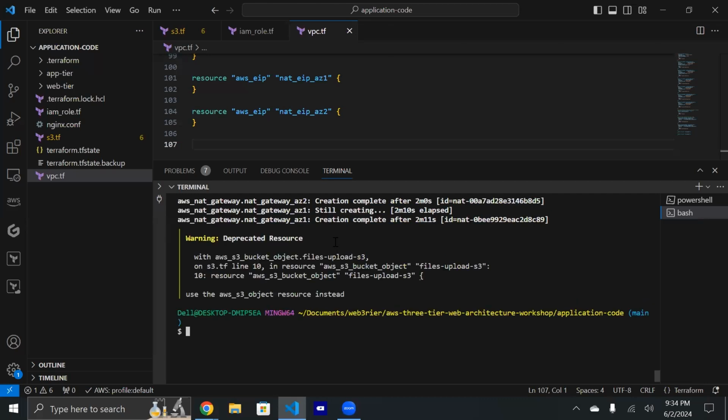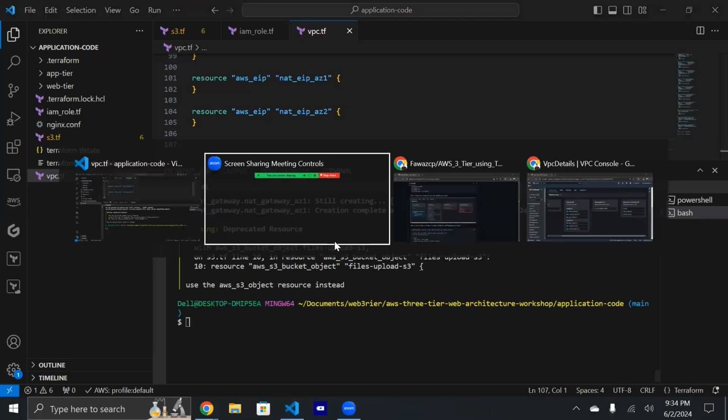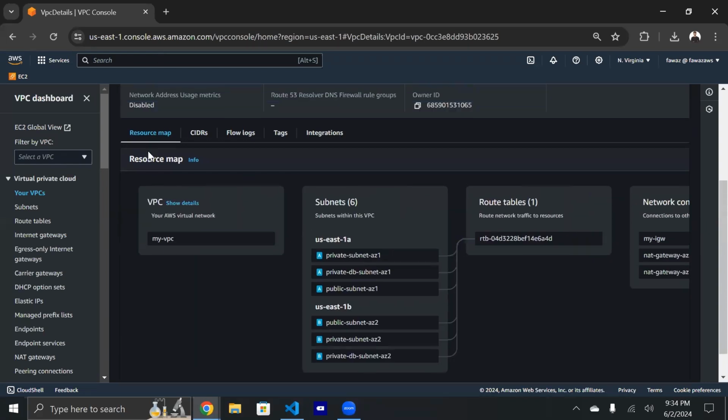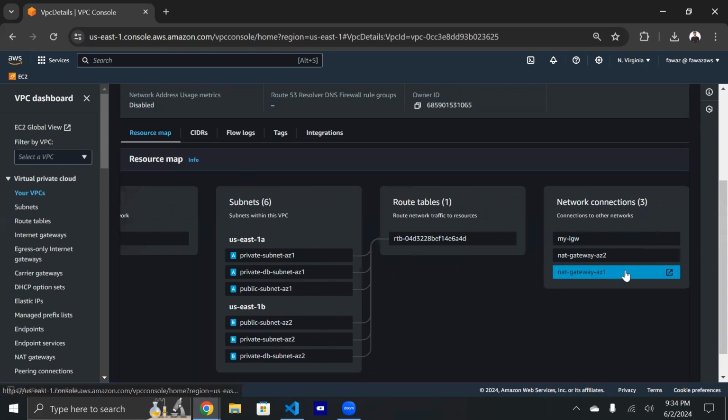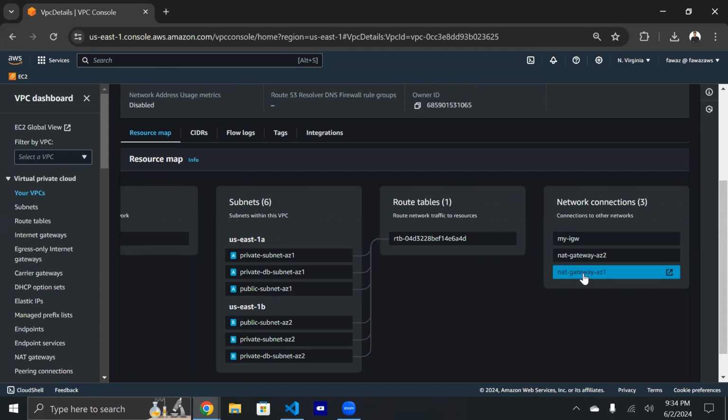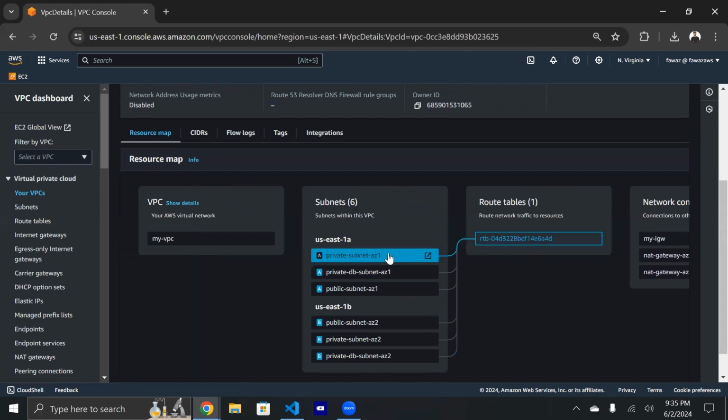And right now we have successfully created the NAT gateway also. If we go to the VPC under the resource map, we can see the NAT gateway has been created. But as you see over here, the internet gateway and the NAT gateway have not been mapped with any of the VPC resources. So first we can map the internet gateway to the routing table,